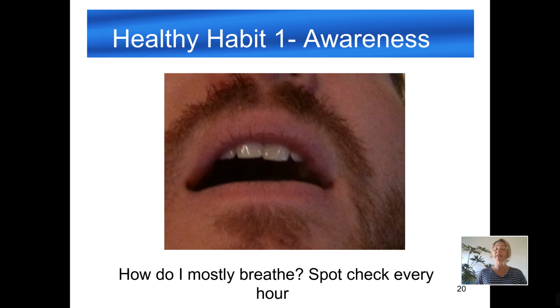Healthy habit number 1 is awareness. So what this means is just doing a spot check on yourself regularly throughout the day. So I recommend every hour. You might want to set an alarm on your phone to start off with, and just have a think about,